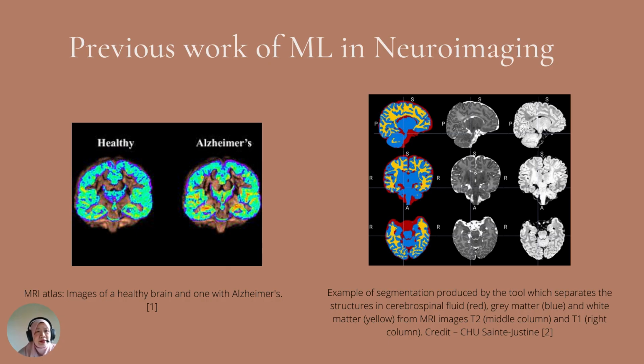So previous work of ML in neuroimaging, I only highlighted two here. The first one is on classification, whereby you can see this is the MRI atlas produced for us to distinguish between healthy patients and Alzheimer's. As you can see, we are trying to highlight the regions with yellow and orange color. So this is one way for us to highlight the region of interest for the radiologist